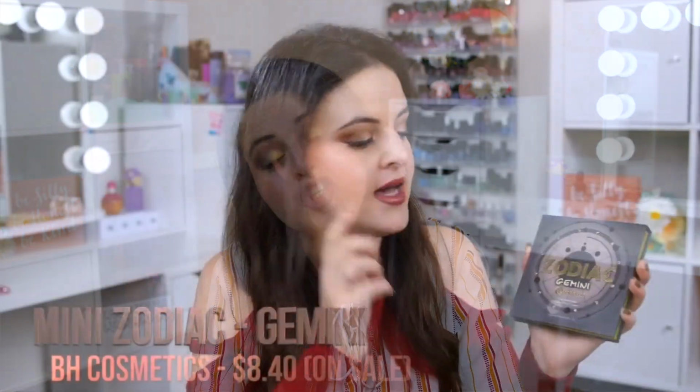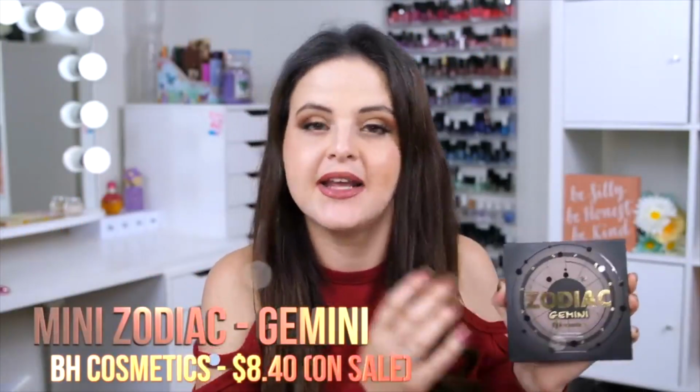Number 9 is a product that I had high hopes for, and I purchased it and I didn't like it. It's the BH Cosmetics Mini Zodiac in Gemini, and I'm a very proud Gemini. I've got my Gemini ring that I wear 24 hours a day, and I've worn it probably for the past 5-6 years. And I'm very proud to be a Gemini, and I had heard wonderful things about the BH Cosmetics formula and how much it had grown over the years, so I decided to purchase it, and I honestly didn't